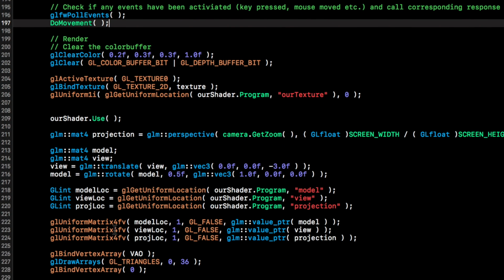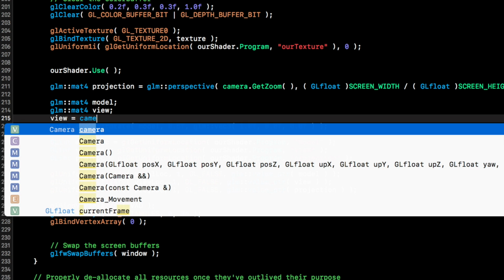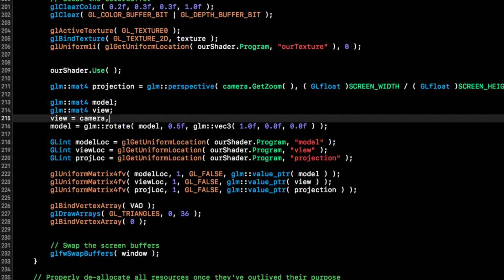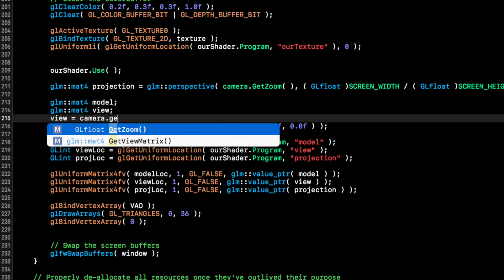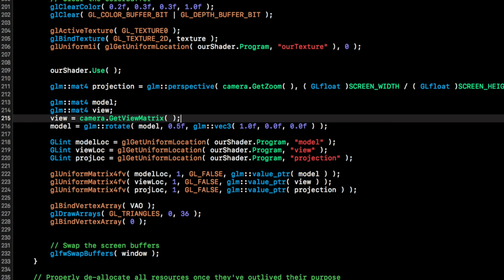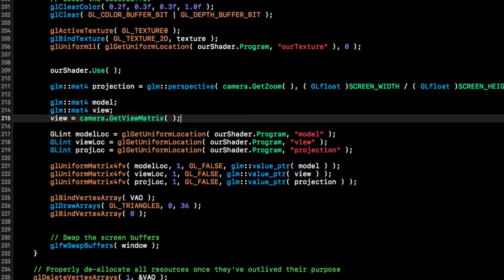We got our projection. I just want to make sure everything's all good here. So we got our view. For the view, we're going to change this up a bit. Instead of translating it ourselves, we're going to let the camera do it. So camera.GetViewMatrix, and for the model, we're actually going to be getting rid of that